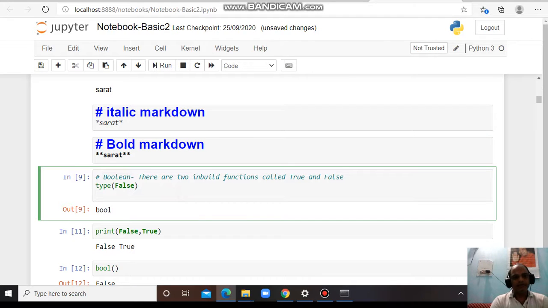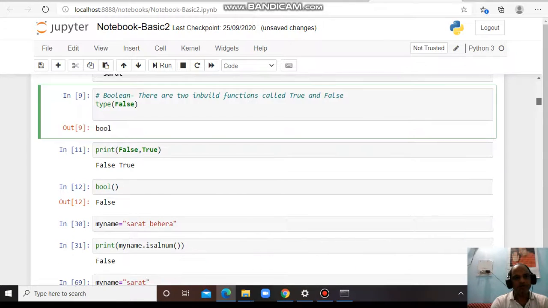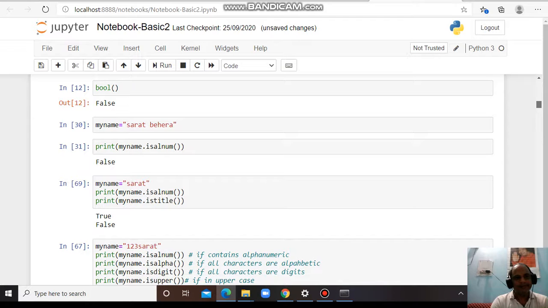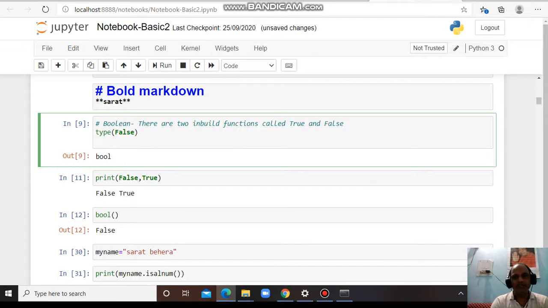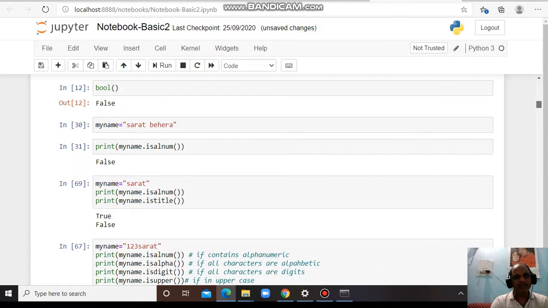Already you have discussed the boolean values called true and false. There is an inbuilt function, is number, to check whether it is a numerical number or not.